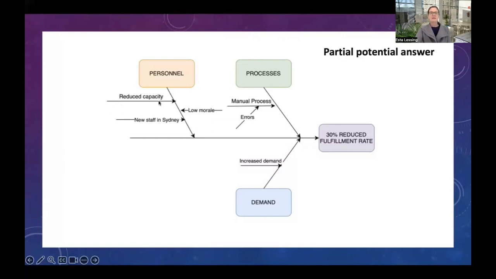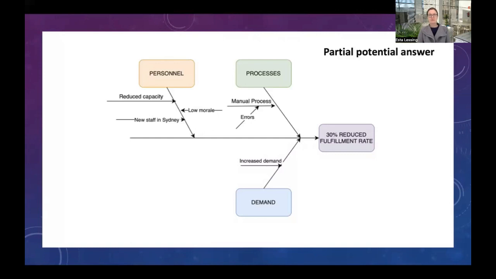So we've got reduced capacity in personnel. We've lost 20 people recently to redundancy. We also moved the warehouse, so there will be new staff in Sydney who may not actually know what to do very well yet. They may need to be trained first, or they may at the moment be the reason why orders are being processed slower. Generally, because of the redundancies, there might be a bit of low morale within the overall team, which